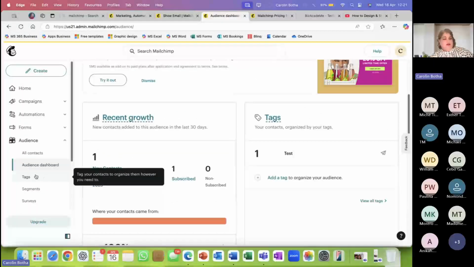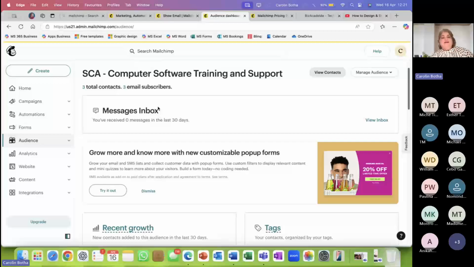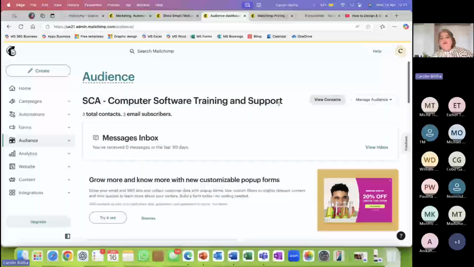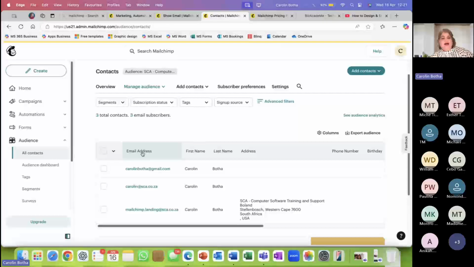So there's a dashboard as well. Tagging and all of those we'll handle in the training. We're just going to look at the very, very basics today. Right. So now I have my list of contacts, either imported or entered one at a time, which is very time consuming, or updated. So if you go to audience and you go to all contacts and you want to update this contact, you just select